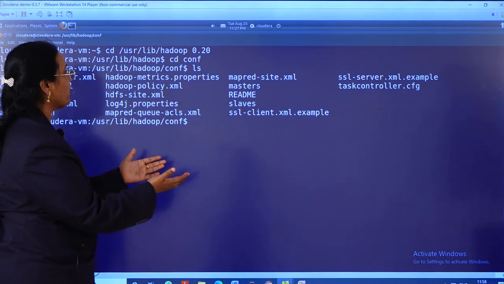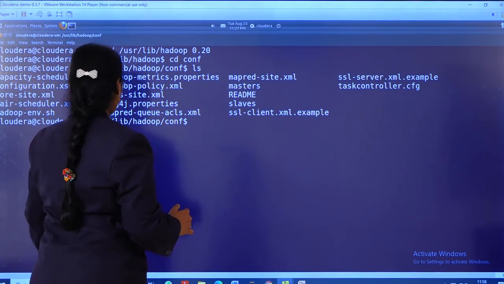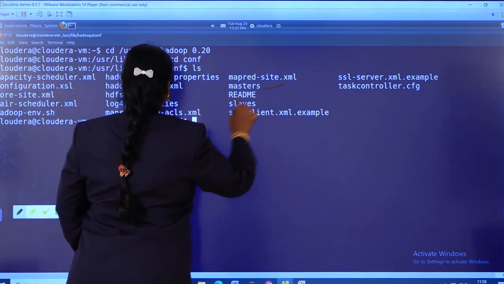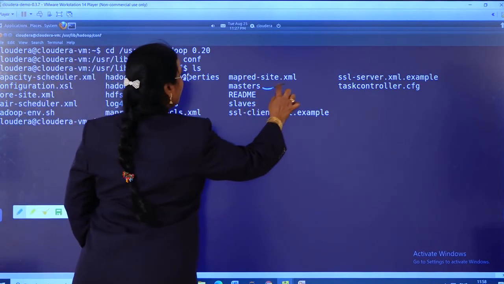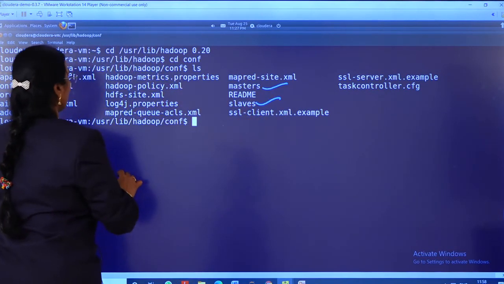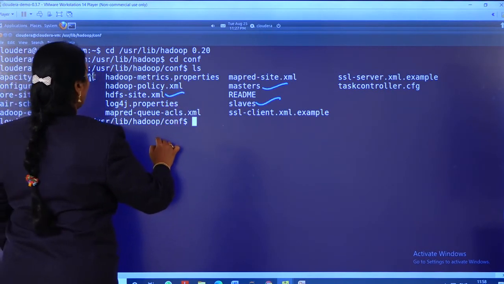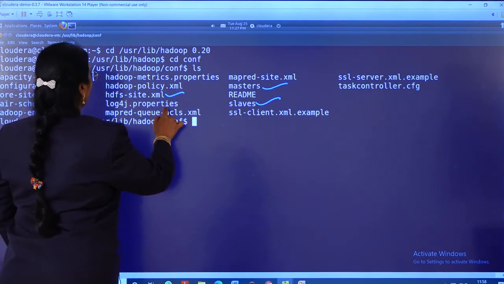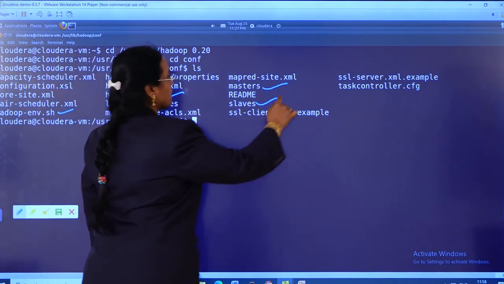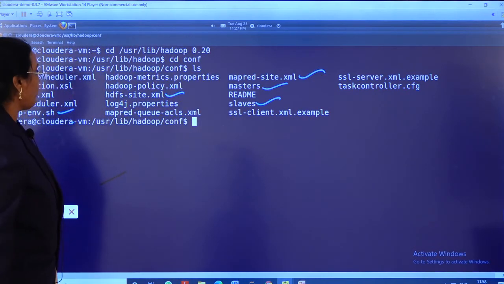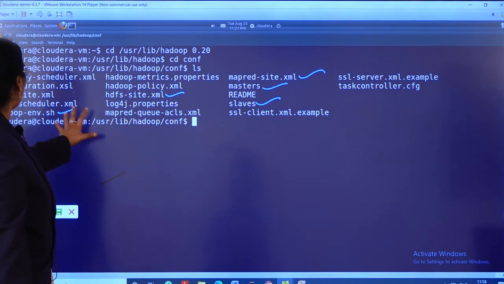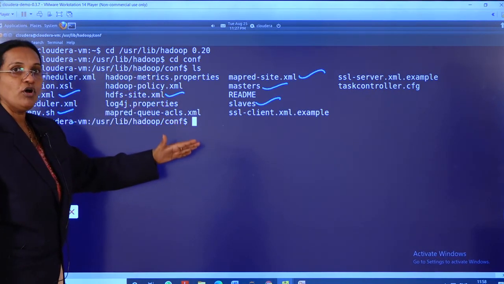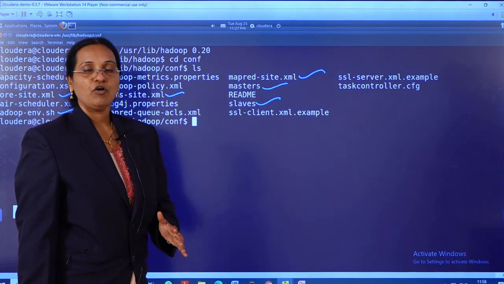We got the same output here: master, slaves, hdfs-site.xml file, hadoop-env.sh file, mapred-site.xml file. So all the configuration files are here. There are other property files, but these are very important files, like core-site.xml. In this fashion also you can view the contents of the configuration files.